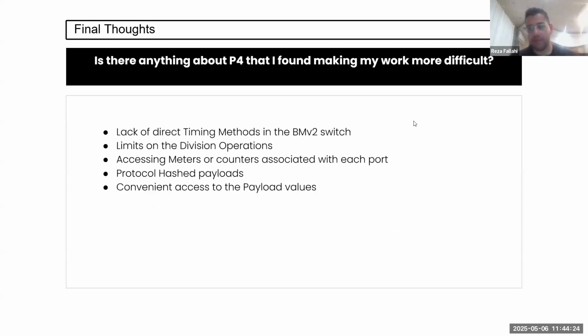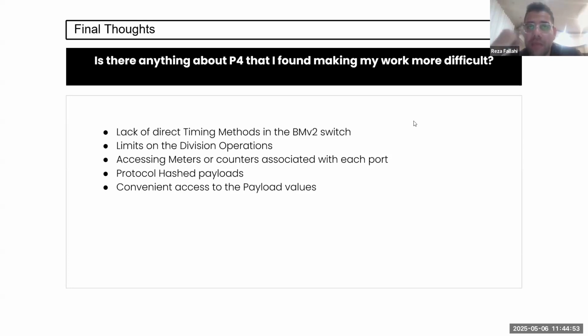And that's great. But alongside those advantages, I've come across some limitations. Of course, I think you guessed it through my talks. I mentioned this one time in, I think, the P4's GitHub repository, and Andy himself mentioned that there are no specific or direct timing methods.